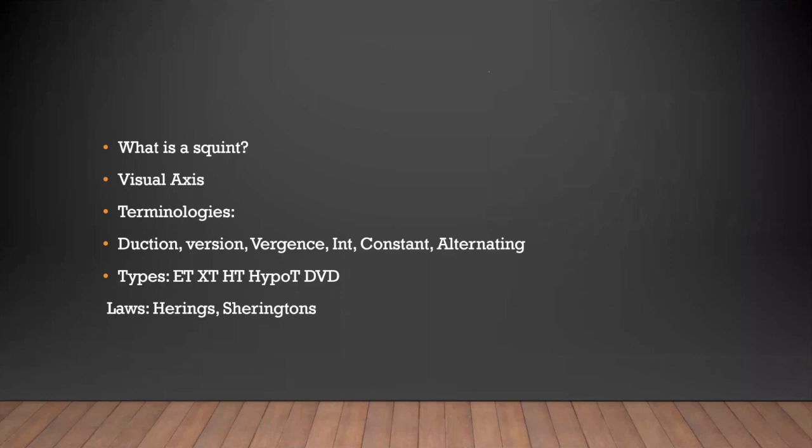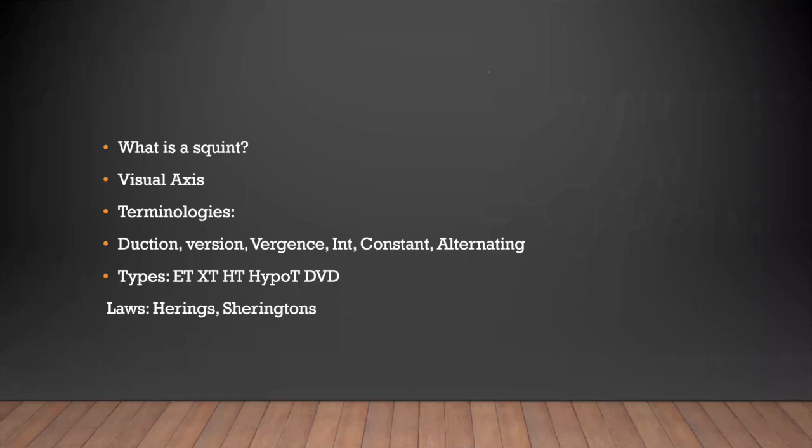Now comes the important part: one is intermittent, one is constant, and one is alternating. Intermittent implies that it is there sometimes and not there sometimes. Constant means it is there all the time. Alternating means sometimes it is right, sometimes it is left, instead of unilateral, which will be only right or only left. So alternating is actually the opposite of unilateral: one eye versus both eyes. Intermittent and constant is different; that means it is there sometimes and not there sometimes, or it is there all the time.